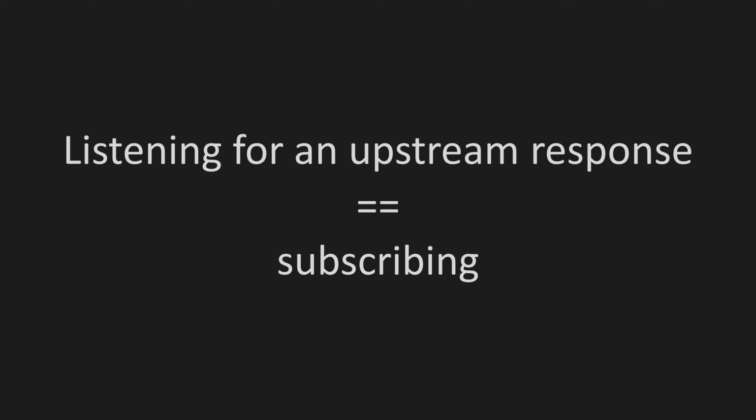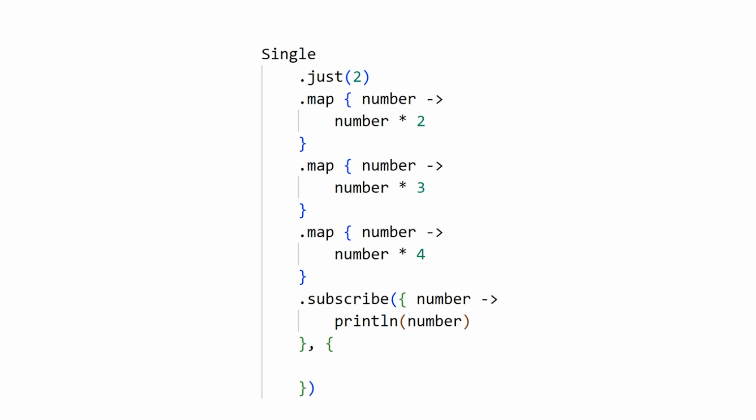Subscription is really just a term that we use to describe a particular function that's waiting its turn to run a circuit around the track. So if I drop the metaphor and return to code, each function waits for a response from the previous function further upstream. Listening for an upstream response and subscribing is really describing the exact same idea. So for this example, this map function is subscribing to what's emitted from the previous function, and this map function is doing the same to what it was given, and on up to the top.